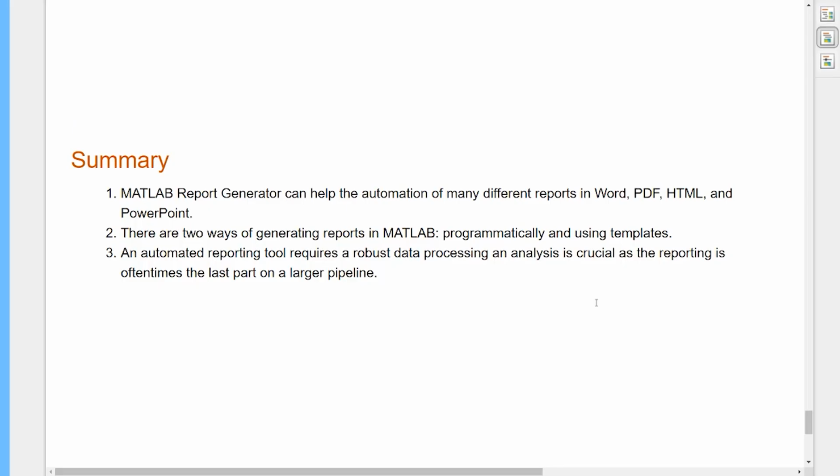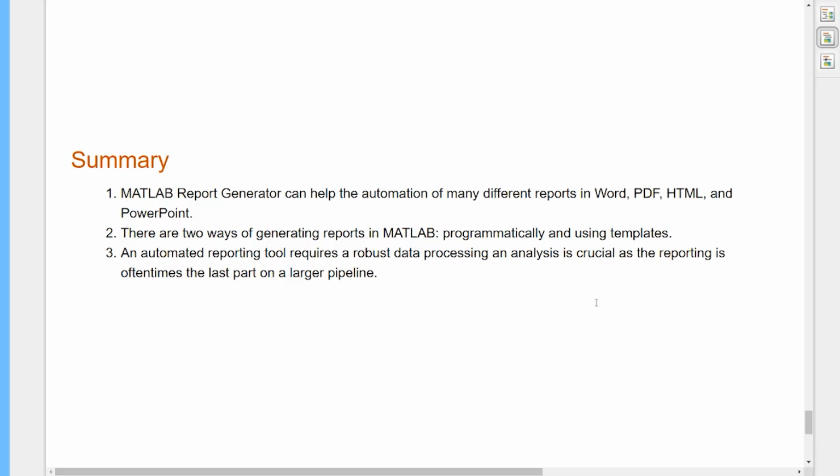Finally, to summarize some of the key takeaways from this session, we saw that with MATLAB Report Generator, we can automate the generation of various types of reports. And during the webinar, we've seen Word documents, HTML, and PDF reports, but this same process can also be applied to PowerPoint presentations. There's some slight differences in that case because PowerPoints work a bit differently, but the overall concepts are the same. Secondly, we saw that there's two ways to generate the reports. One can do everything programmatically using entirely MATLAB code, or we can use a set of preset templates to aid in this process and help in the formatting and the configuration of the report.